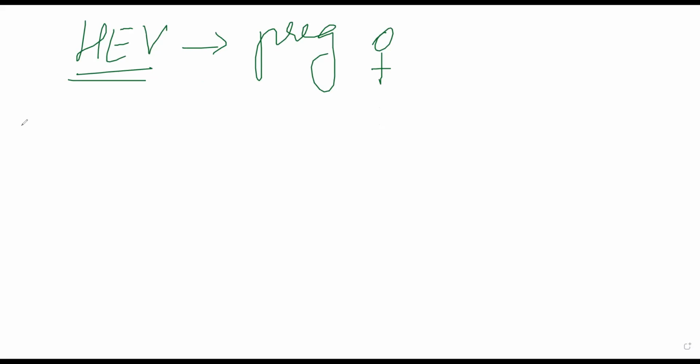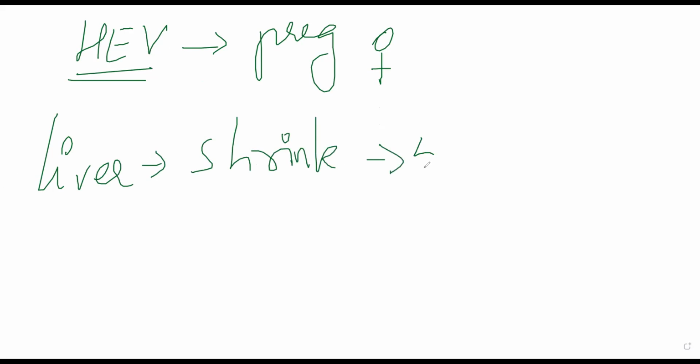Okay. Now, essentially, what will happen to the liver in fulminant hepatitis is it will shrink. It will significantly shrink in size up to 500 to 700 grams. Normally, it is supposed to be about 1500 grams. It will shrink and become almost one third its original size. You will also see that the capsule will not be tight anymore. It will become very loose and wrinkled. The capsule present around the liver will become very loose and wrinkled because the size is decreasing.